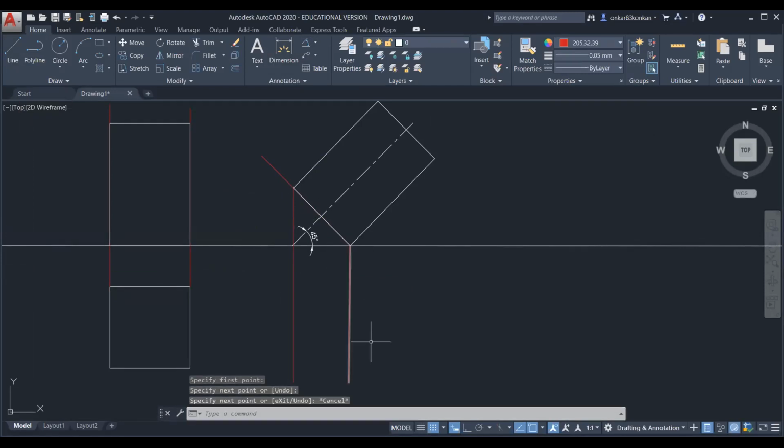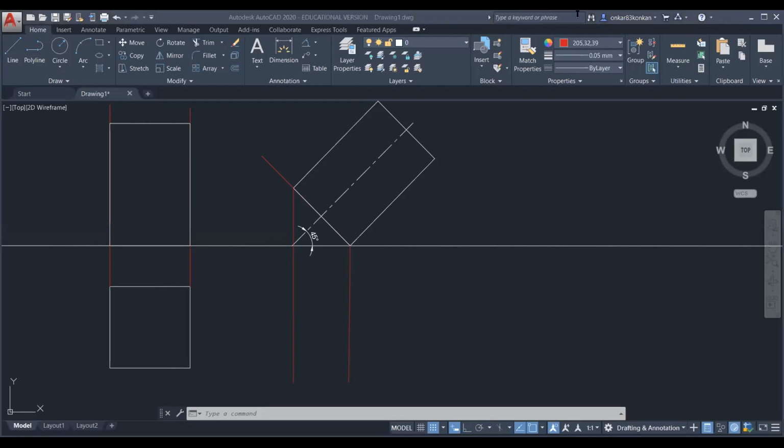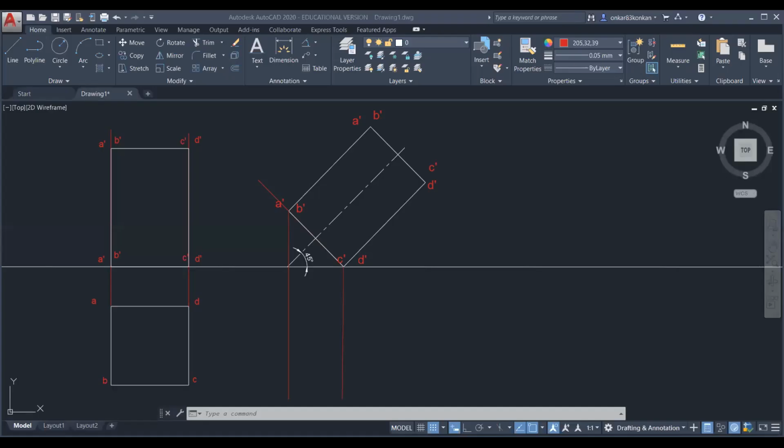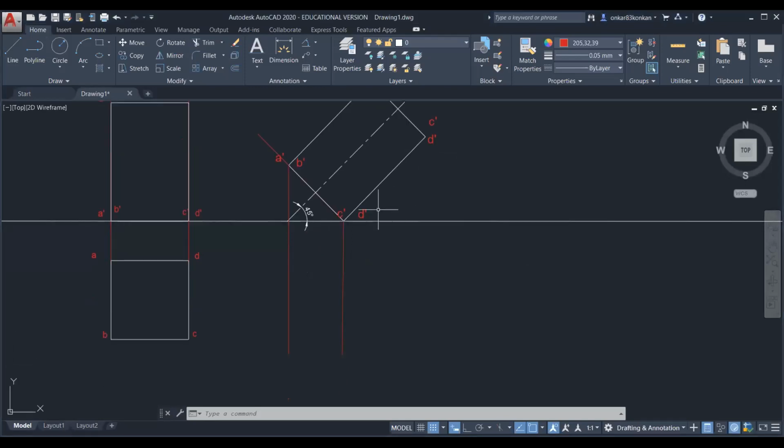So if you observe this prism, there are two bases. One is the bottom base and the second is the top base. So here, first try to find out the intersections for the bottom base. So before that, give names to each corner point. Okay, so once you take the projections from the bottom base, then take the projections from the first edge top view.